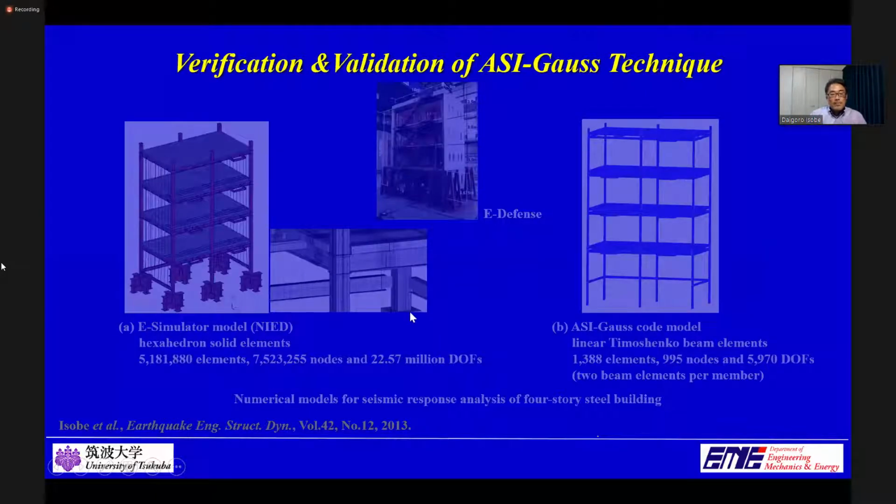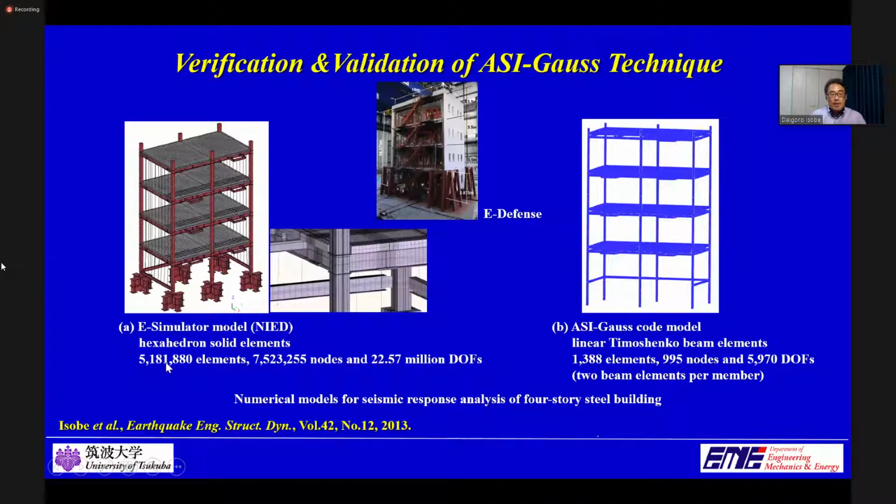Next, we performed a seismic response analysis of a 4-story steel building, and the result was verified by the one obtained by the eSimulator, a high-performance simulator developed in the National Research Institute for Earth Science and Disaster Resilience, NIED. These are the models constructed for both codes. The eSimulator model has a very fine mesh which consists of over 5 million solid elements with 22 million degrees of freedom. On the other hand,